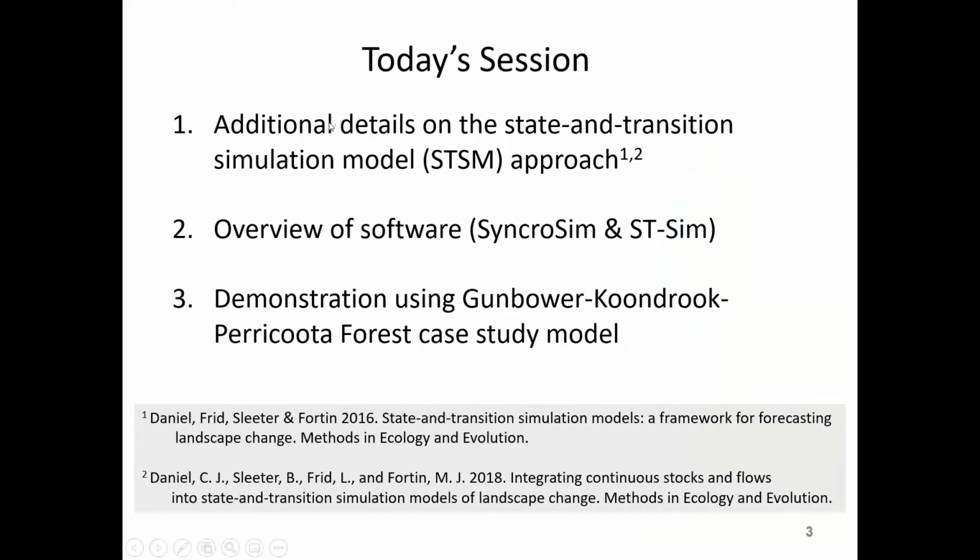So today I'm just going to start by giving you a little bit more detail, build on the first part of my presentation yesterday, where I go through a little bit more of the details behind the state and transition simulation model approach. I'm going to talk a little bit about the software conceptually with some slides. And I'm hoping that will take us maybe 20, 25 minutes, take a little break for some questions, and then